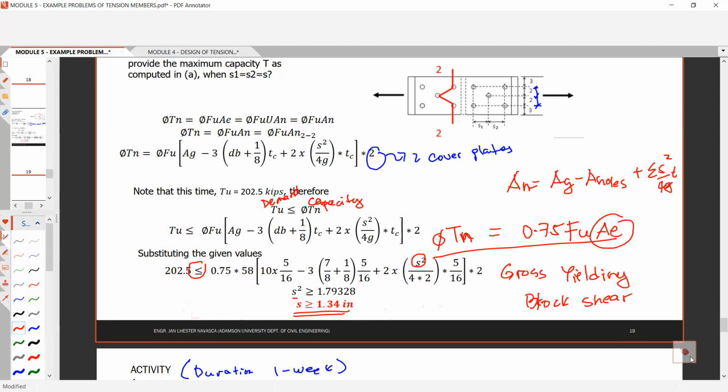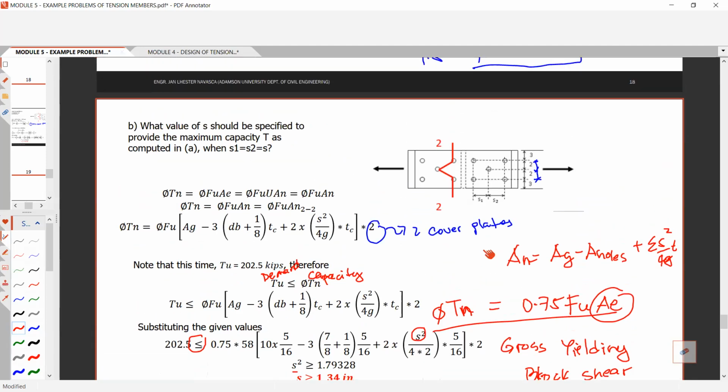Sir, last po. Yes. Sa field po, kino-consider nyo po bang malayo ang demand sa capacity po or mas closest po yung demand sa capacity? Yes, we are always considering the closeness of the demand to capacity. We call it the demand capacity ratio. So the demand capacity ratio should be always less than or equal to 1.0.